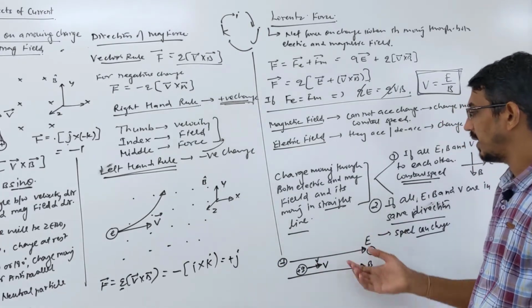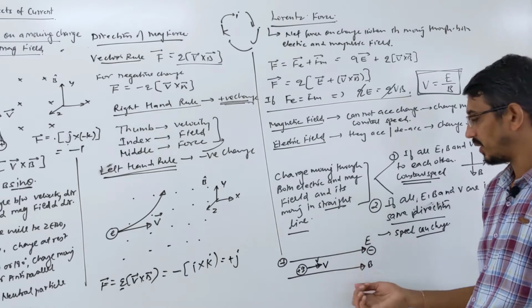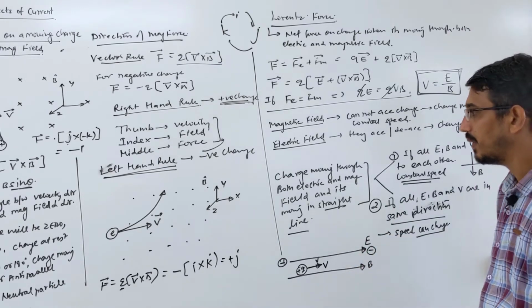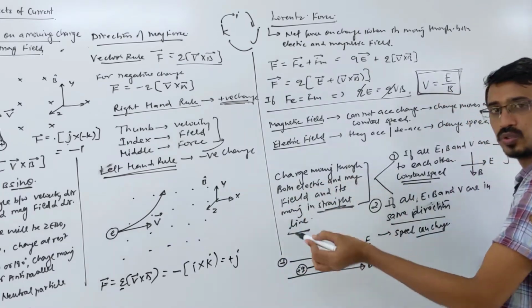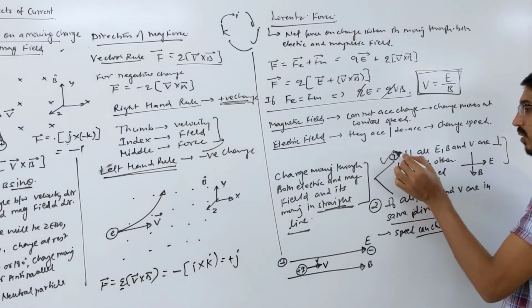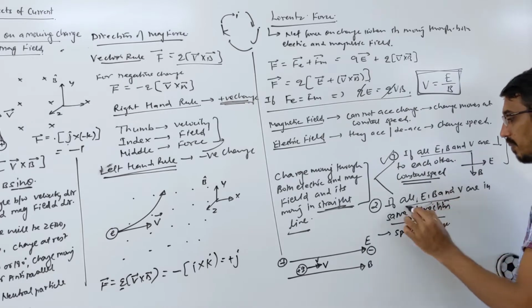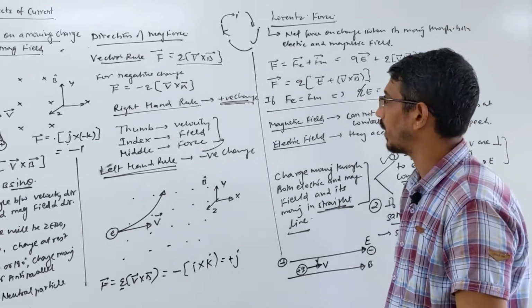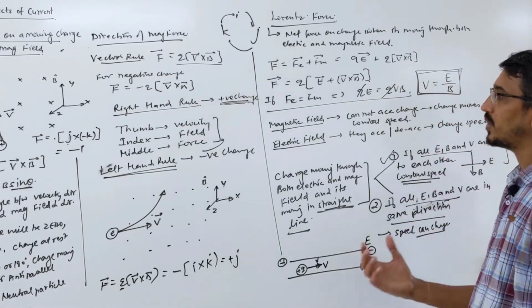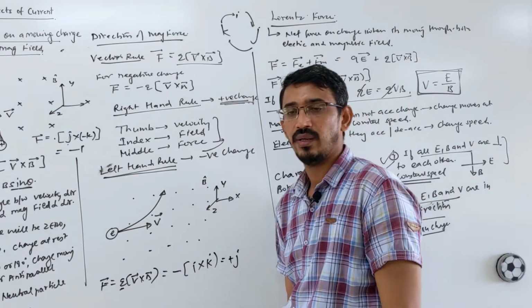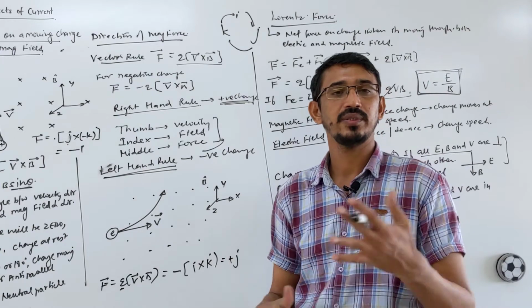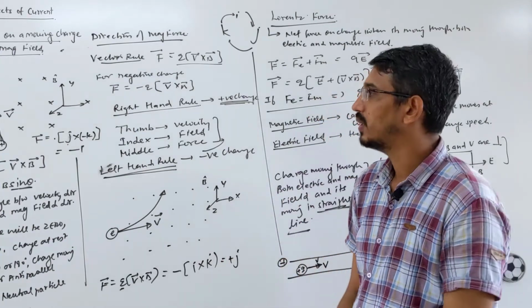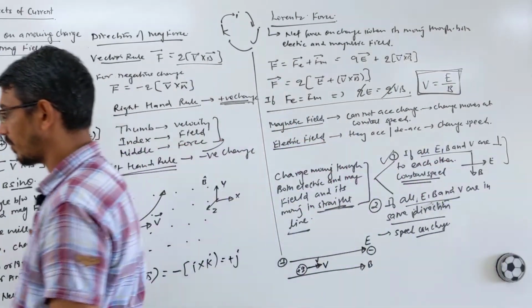So an electric field can increase or decrease your speed, it can accelerate your charge, right? But not a magnetic field. Okay. So if a charge wants to move in a straight line in both electric and magnetic field, then you have two possibilities: either all are perpendicular to each other or all are parallel to each other, right? Okay. Now we'll talk about how a charge moves through a magnetic field. How many possibilities do we have, what type of path does it follow, straight line, some circle or some curvature? That we're learning now.